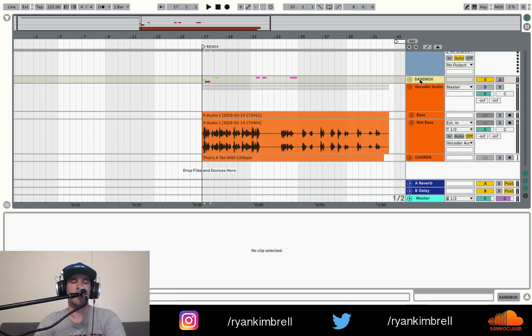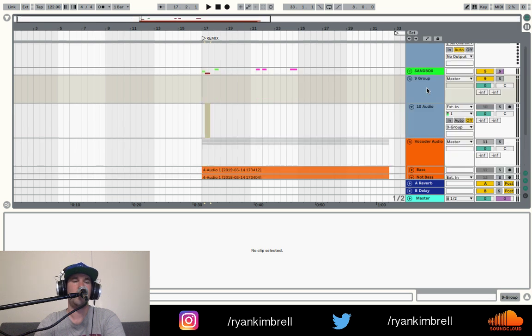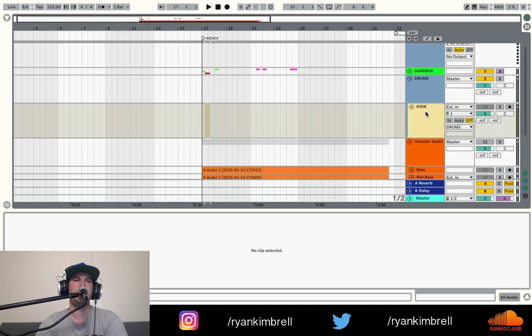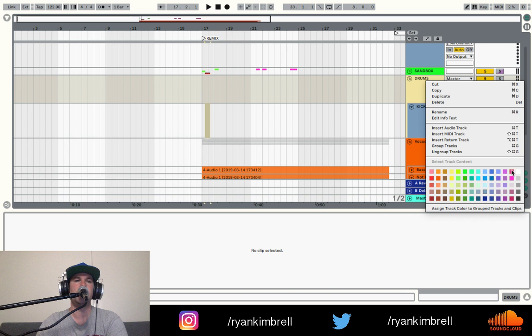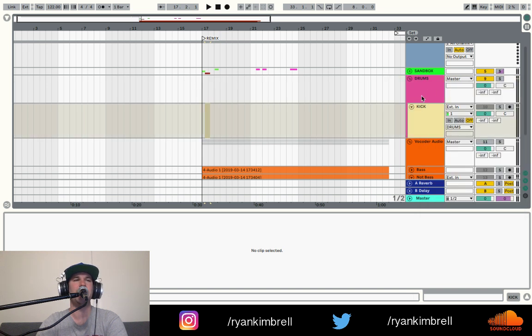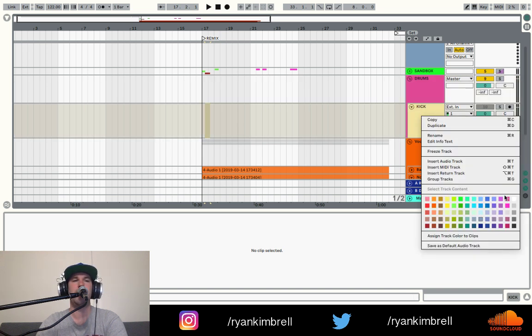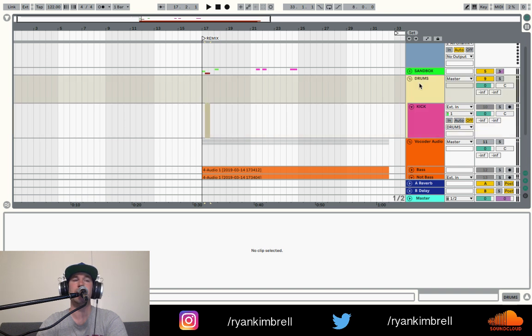So let's get going on the drums. I'm just going to make a drums group. So I made an audio channel. That's where I'm going to put the kick drum. And then we will make a drums folder, which is standard folder. I called it a folder. It's really a bus. Grouping buses.